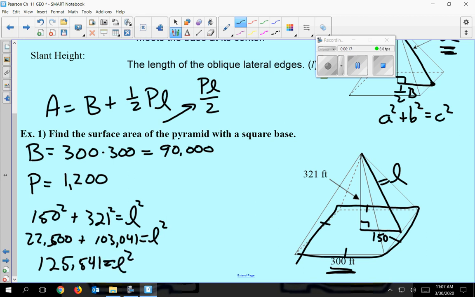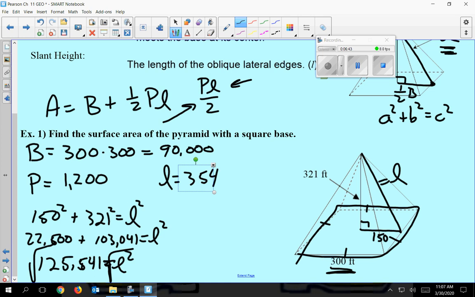Okay, so just big numbers here right off the bat. It would have been nicer to get a nice easy one. I'm going to go ahead and take the square root of both sides, and L is going to give me approximately 354. So that's going to be my lateral height, okay,